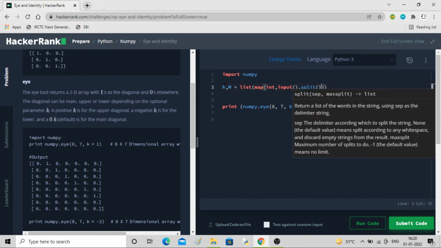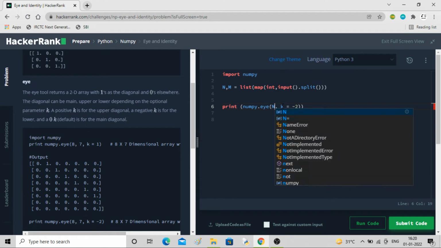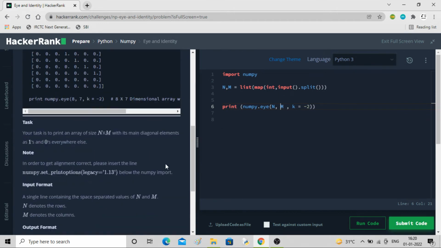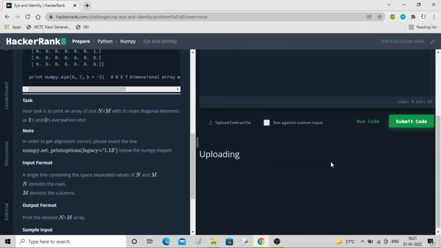Okay, so this is the value of n and m, and yeah, we got n and m, so directly we will print here n comma m. Okay, so we'll always be getting n and m, and its main diagonal elements as 1. So the main diagonal element we have to present, so we can put 0, or you can even remove it, not necessarily. Okay, let me write it first. K equal to 0. Let's run it,